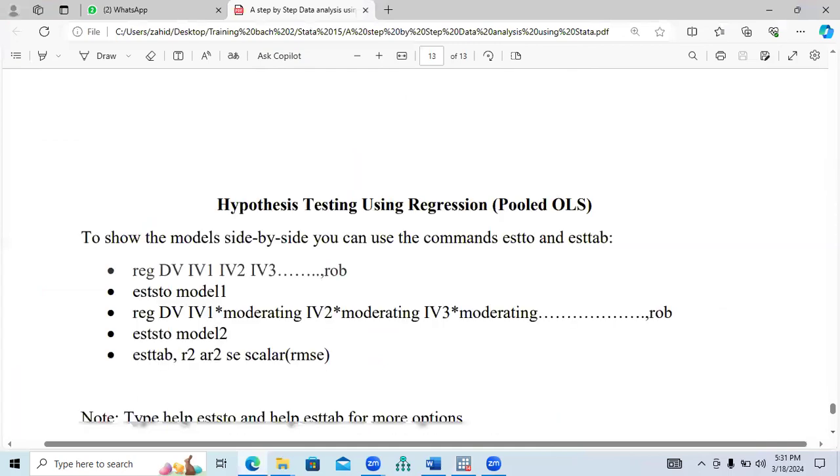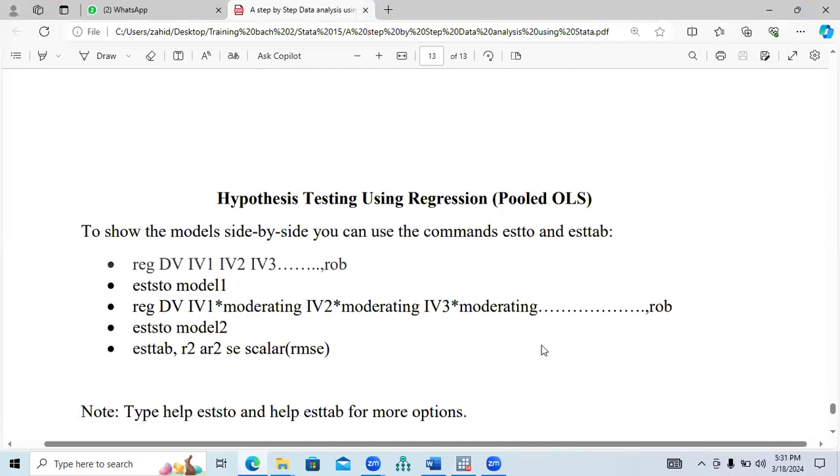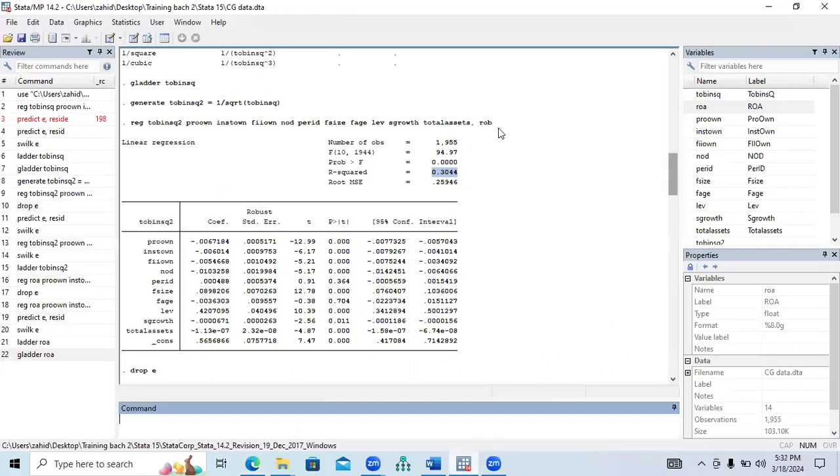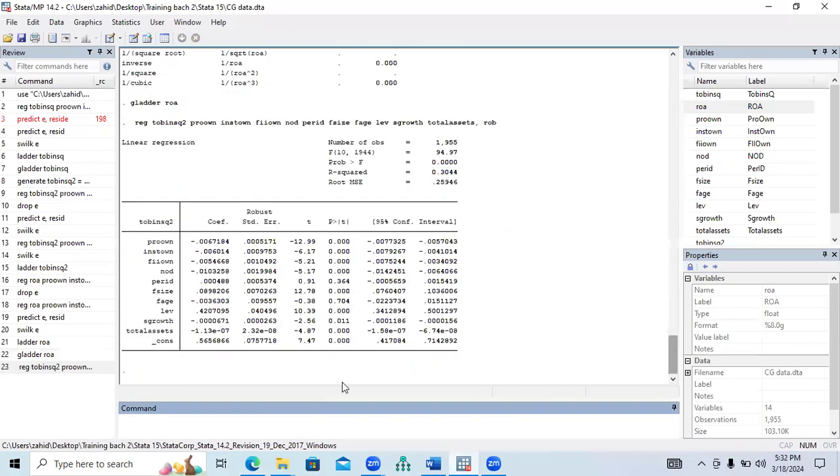Then this is the procedure, the next one that I am going to explain today. How can you make your table look like a publishable document? There is a procedure that we can try here. For example, this is the command that I have run here. You just need to run a command like this, and then